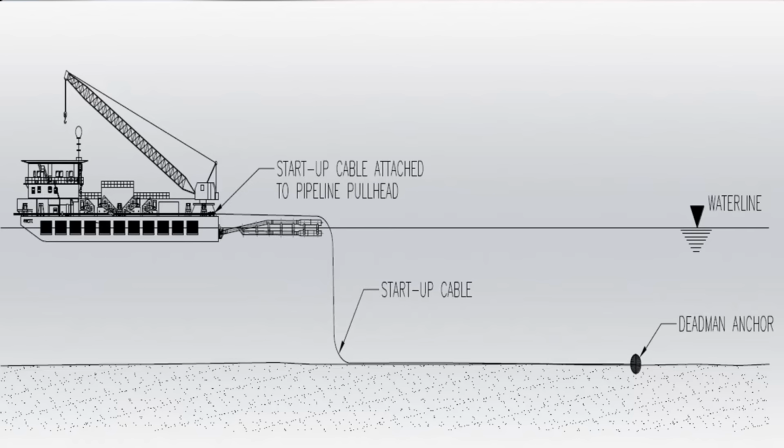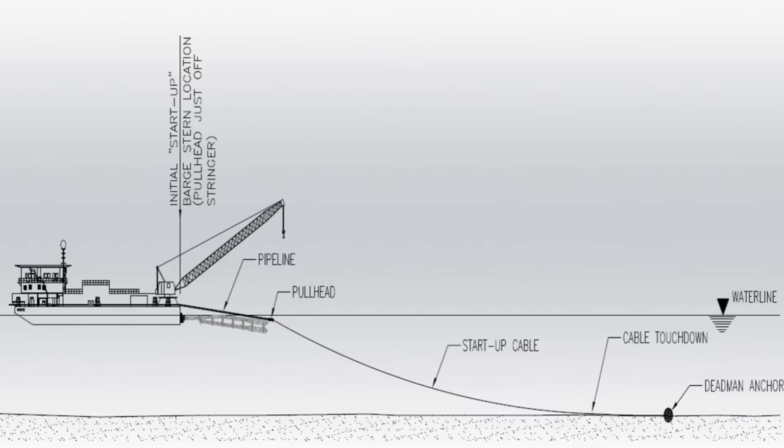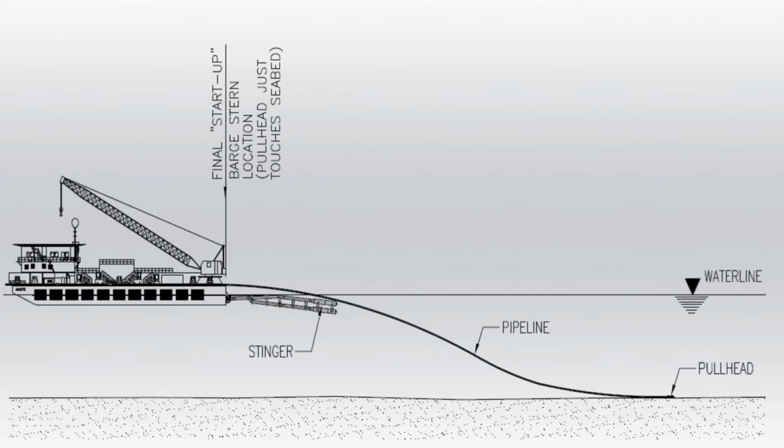In the DMA method, you need to drop a huge amount of weight and anchor far away from the actual startup point, and that must be perfectly in line with the pipeline route. The distance depends on the water depth. You then attach a startup cable to the DMA and at one end to the pipeline startup or pulling head. The barge will slowly move ahead, taking the slack on the startup cable, and then under tension starts pulling the pipe normally. This is the best method as there is no hanging pipeline and the pull head is lying on the